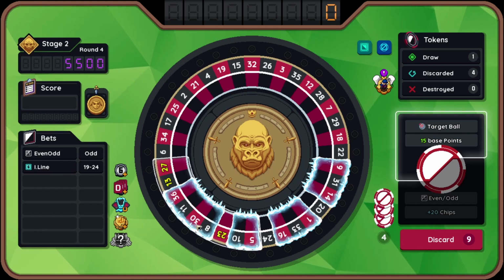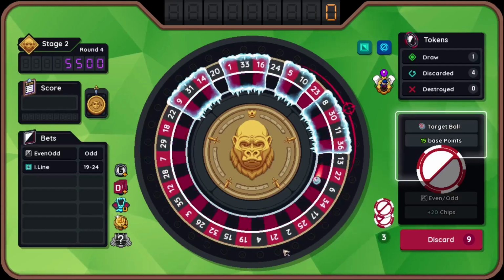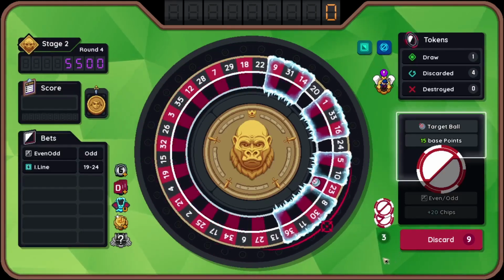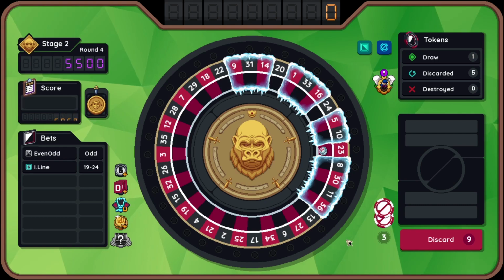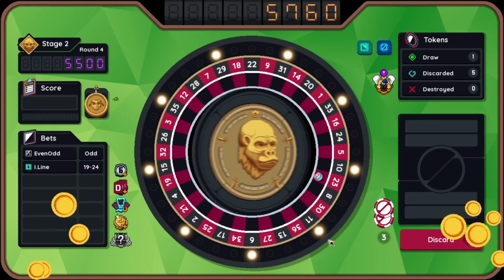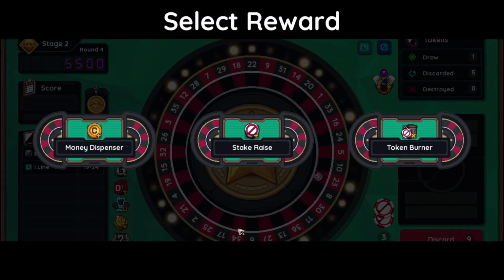Okay, well, it's gotta land in the 23 if I have placed a bet on odd and the line between 9 and 24. It is going to win the odd bet no matter what, but we get the line bet when... Alrighty. 2.4 mult. And that gets us the instant win. Surprisingly. Almost said unsurprisingly, but...